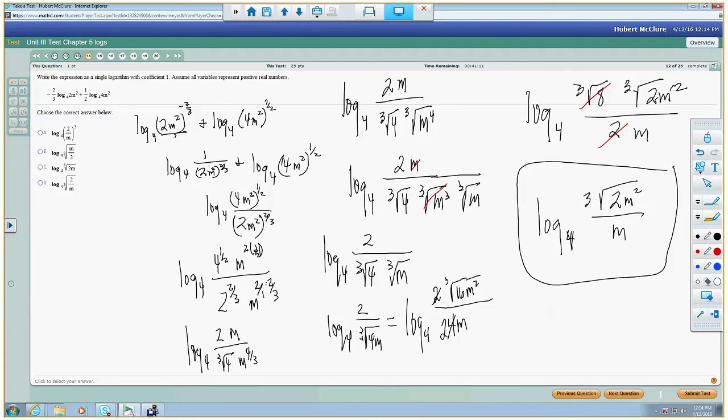Log cube root of 2 over 1. So it'd be log cube root of 2 over log of 4. I'm trying to find the mathematical equivalent. So plug in 1 here, that's going to be 2 times 1 is 2. Cube root of 2